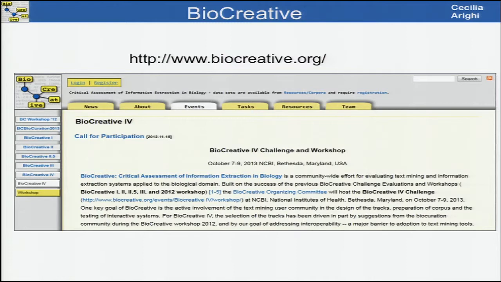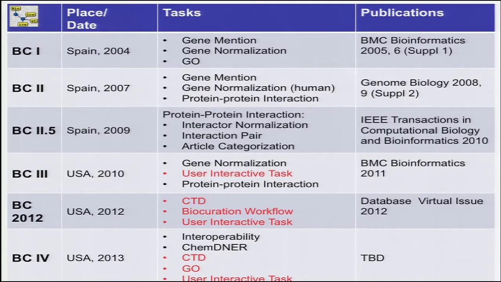This is the website for BioCreative. We have an upcoming workshop in October in Washington, DC at NIH. And here is an outline of the different BioCreatives that have happened, starting in 2004. Three of them happened in Spain, and they have different tasks that they tackle. It started with gene mention, gene normalization, gene ontology,